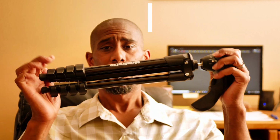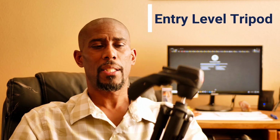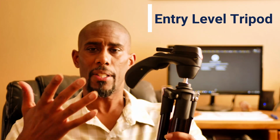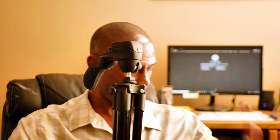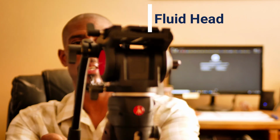What you do need to do is get a good tripod. Right here, this is a photographer's tripod. This is good if you're just taking pictures. And if this is all that you can afford, you can use it, but you're going to need something called a fluid head. So this right here,